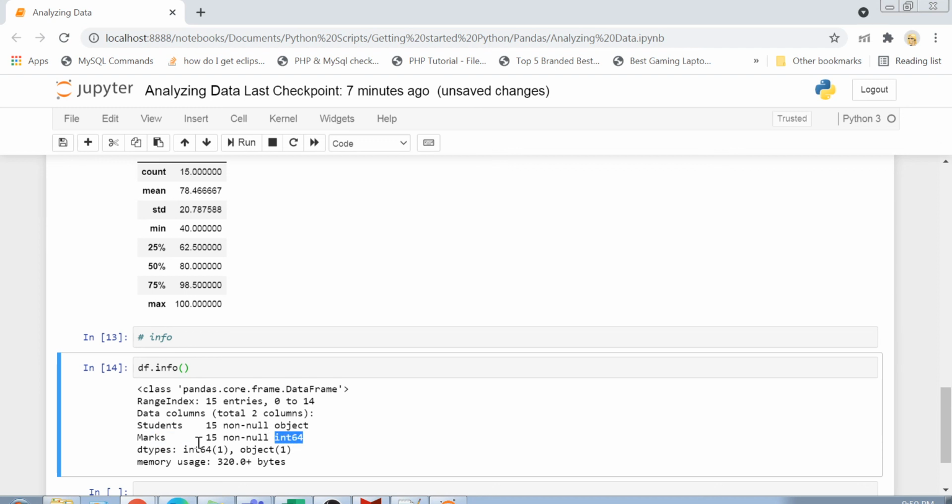So guys, this info function gives you a basic idea about how your data frame looks, what types of columns it has, and what their data types are. This definitely helps you when you are trying to convert your string or object columns into numerical columns, because you must know which those string columns are, which you can easily figure out using the info method. These are the few functions which are very handy while analyzing a data set, and these are the functions which we first apply whenever we import our data.